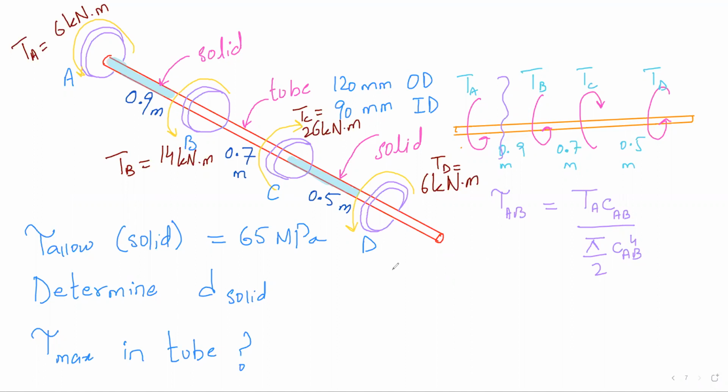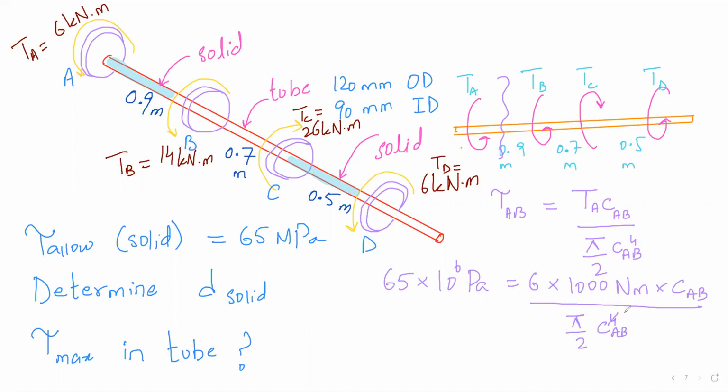Okay. What is tau AB? 65 into 10 power 6 pascals equal to the torque A, which is given to me as 6 into 1000 Newton meter, multiplied by CAB that I really want to find, divided by pi by 2 CAB power 4. This will become 3. This will cancel. And CAB comes out to be,